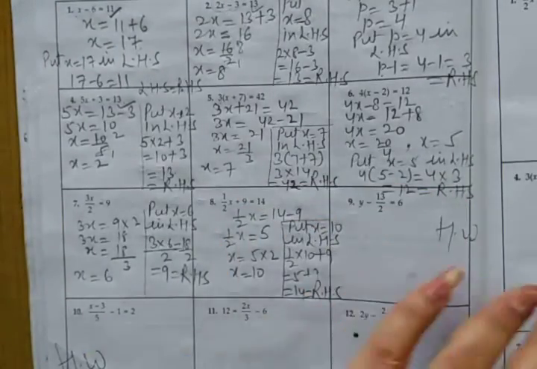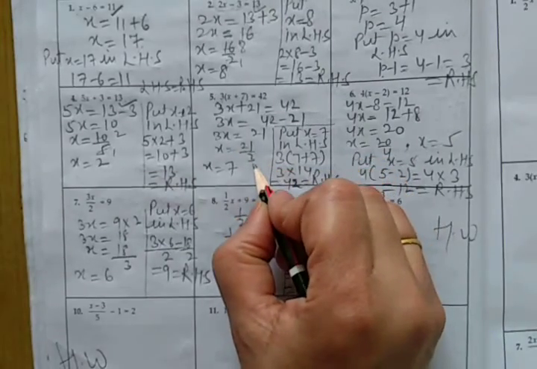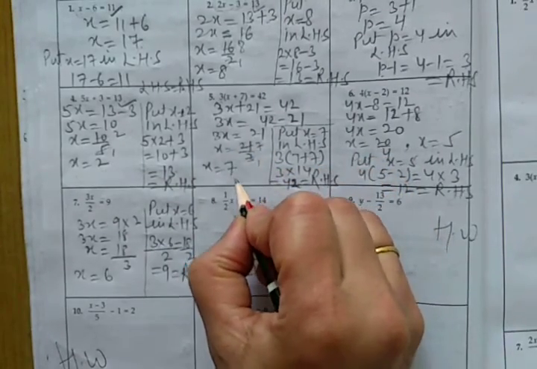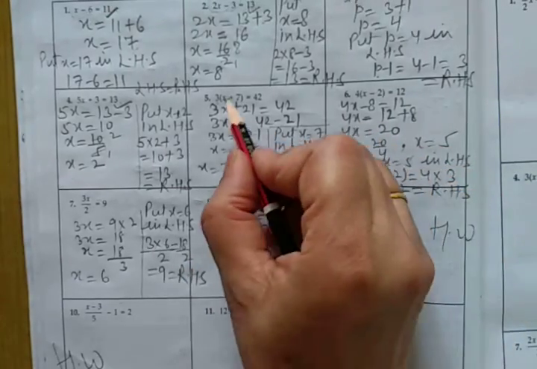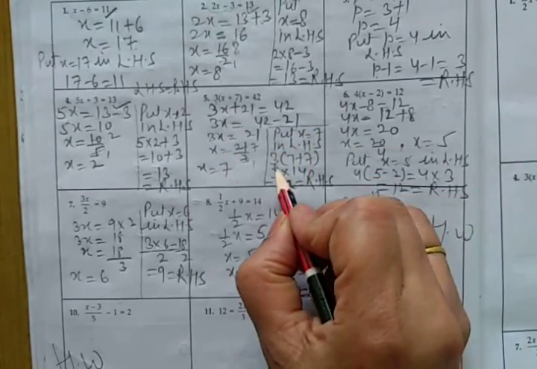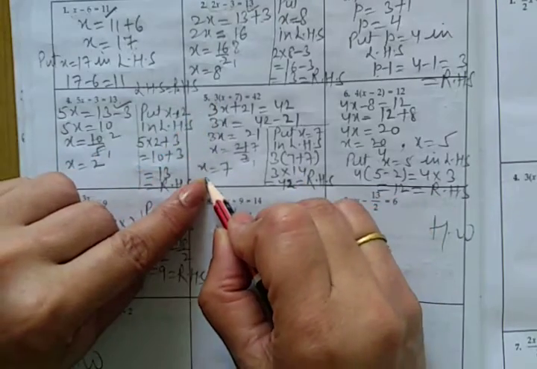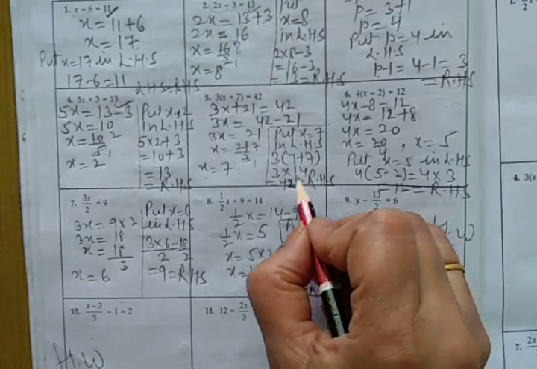Now x is equal to 21 divided by 3. So 3 ones are 3, 3 sevens are 21. So the value of x is equal to 7. Now this value, x is equal to 7, will be put in the left hand side, that is 3 into x plus 7. So 3 into, in place of x, here 7 will be put because the value of x we have got is 7, plus 7. 7 plus 7 is 14.